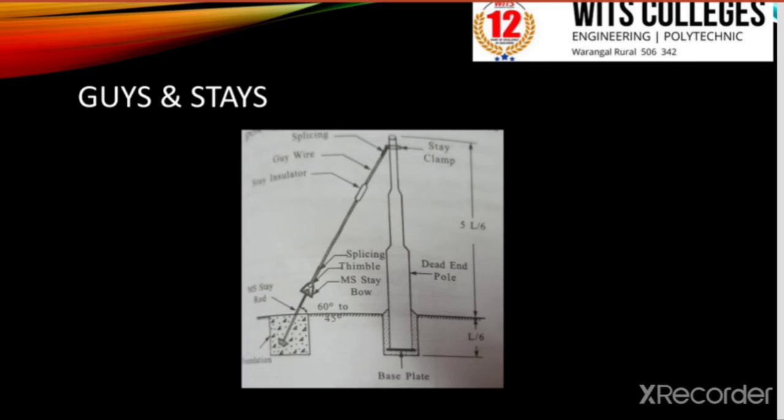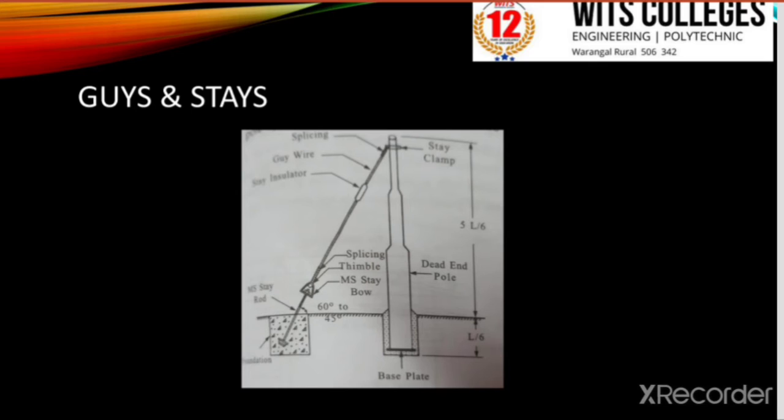It is necessary to support the poles when conductors run at an angle, so that the pull created at overhead lines is balanced. We have to support the poles when the conductor runs with an angle. That can be done by using a guy wire. The wire is tied between the pole and the stay tighter. This wire is called a guy wire, and the stay rod is well set in a concrete foundation before the line conductors are stretched on the poles. You can see in the figure.